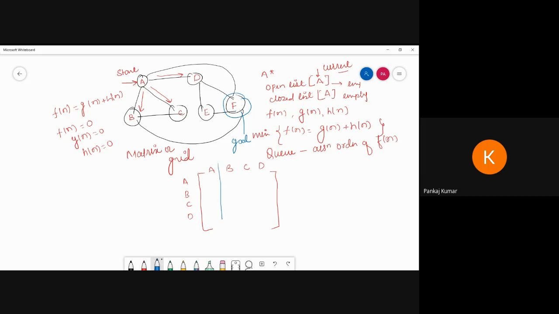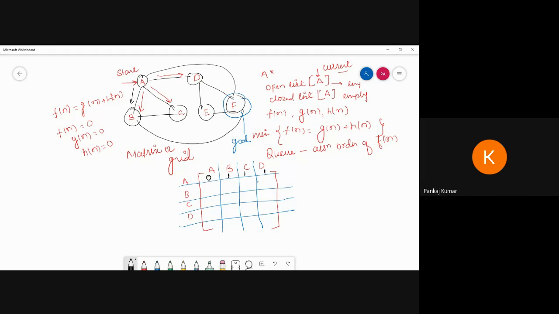Now here I am creating the row and column. These are all stored in grid form, matrix form, row and column. Now, how to fill it up? From A to A, the value is 0. There is no path. From A to B, yes, there is a direct path available, so I can put 1. A to C, yes, a direct path is available, so I put 1. A to D, yes, a direct path is available.